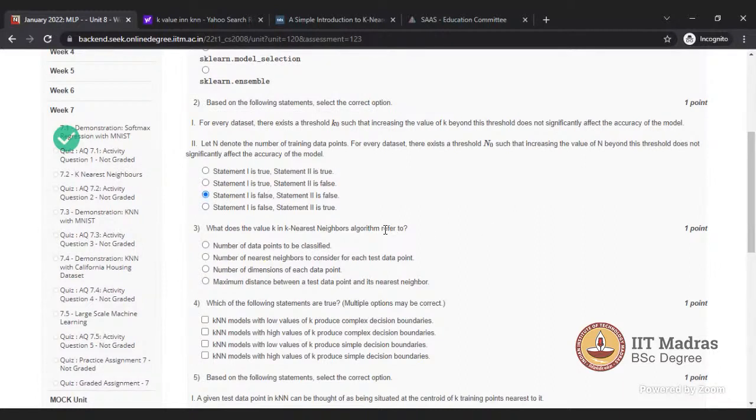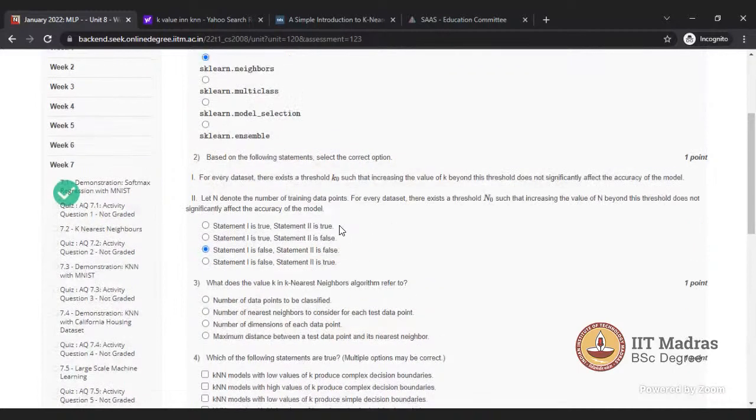What does the value of k mean? The maximum value of k can be the length of your data set, the number of samples. If you take all the data set values in one circle, the model will predict that class every time.